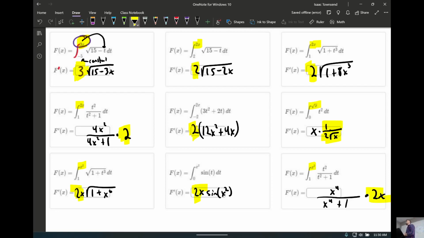Now, while this might seem excessive, again, I would expect your AP test to probably have 3, 4, 5 points tied to just this one skill. By the time they give you a multiple choice or two, and it shows up in an FRQ or two, now it doesn't usually look like this. It's usually a little bit more indirect, but like this one specifically,